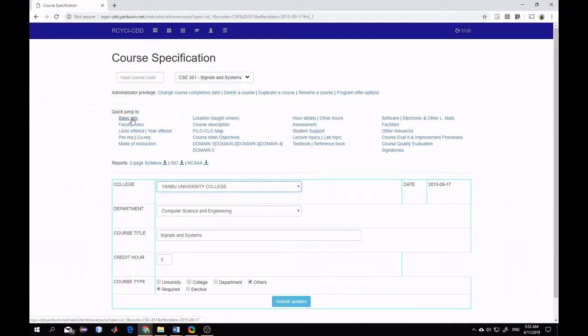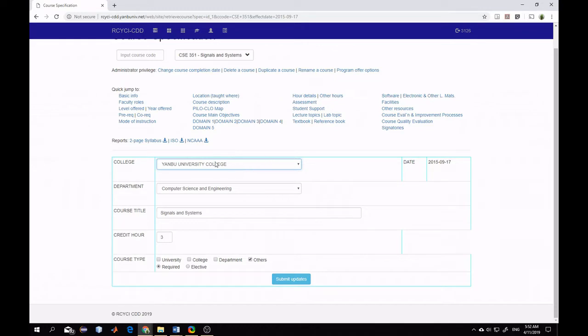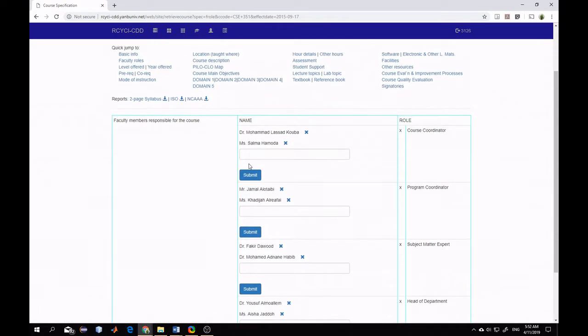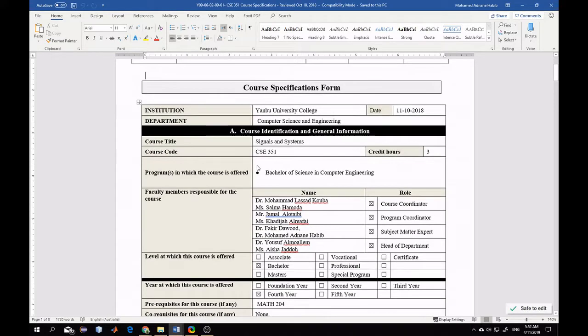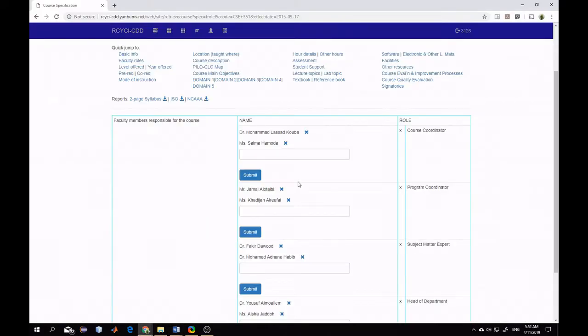Under the section basic information, you need to specify the college, the department where the program is offered, the course title, the number of credits, and the course type. Under the faculty roles, you need to include the names that are appearing under this section in your ISO 2 program specification. Normally by clicking on a name, clicking on submit, you will be allowed to enter a